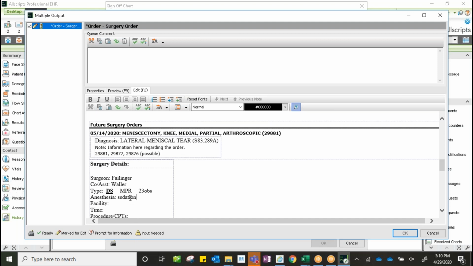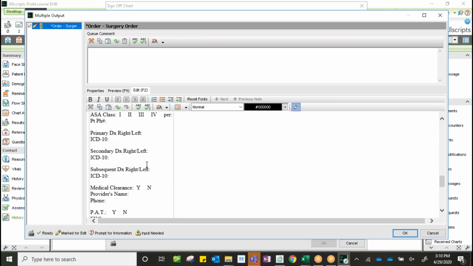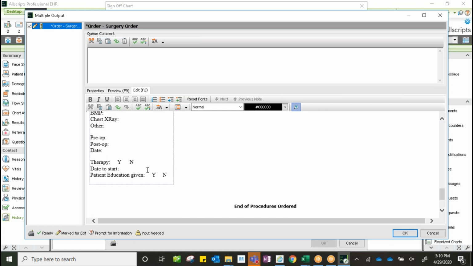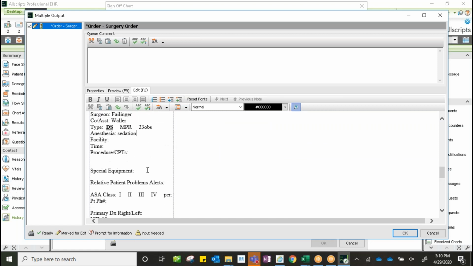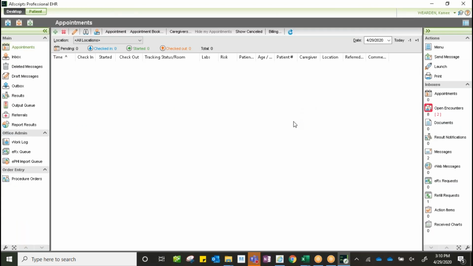And I can go all the way through my options here and fill out all of my blanks if I wanted to complete that the way that I would normally do that in the surgery order form. If I click OK, we know that if we go back to the patient's chart,